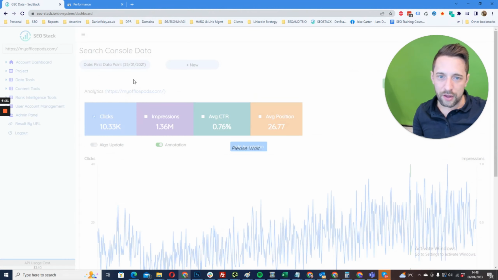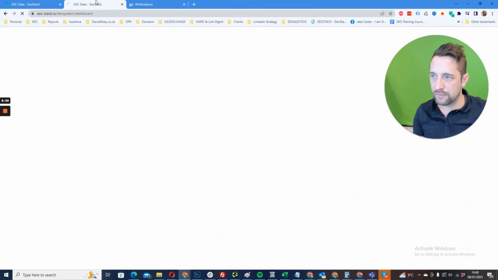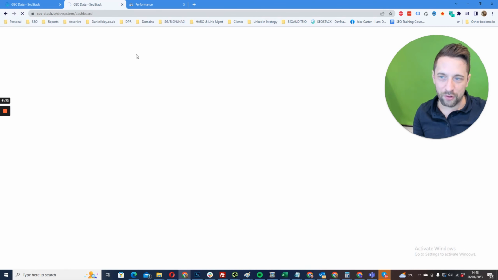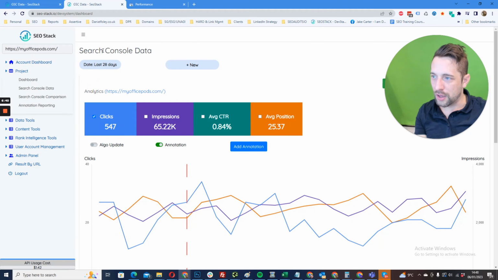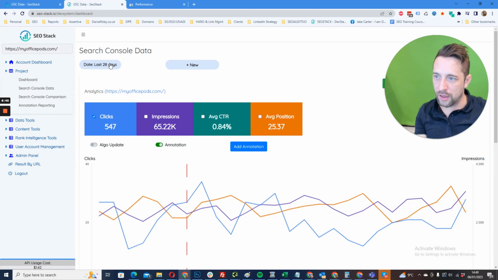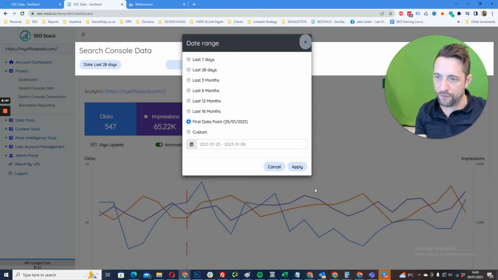I think it is taking a little bit longer than expected. So what I'll do while we wait for that, it can take like a couple of minutes if there's a lot of data. Okay, so while we wait for that to do its thing, if we go to the first data point,